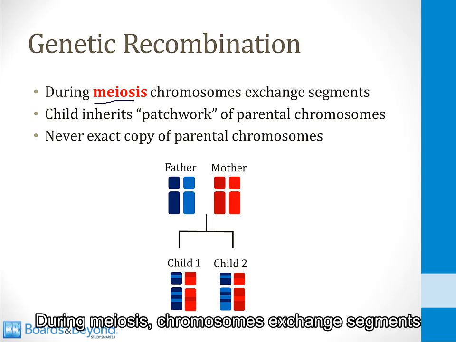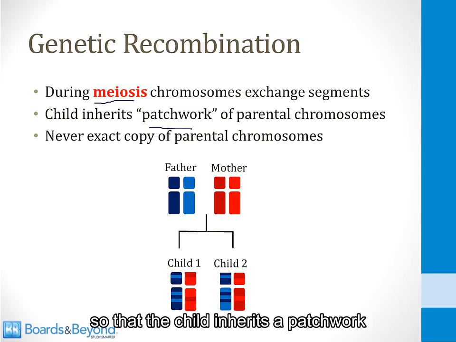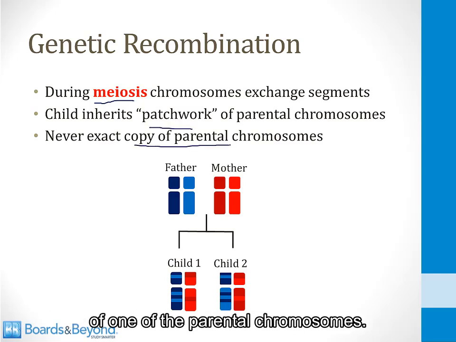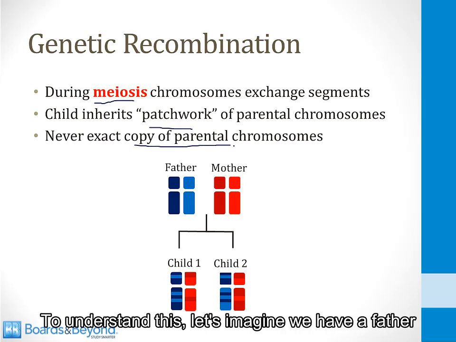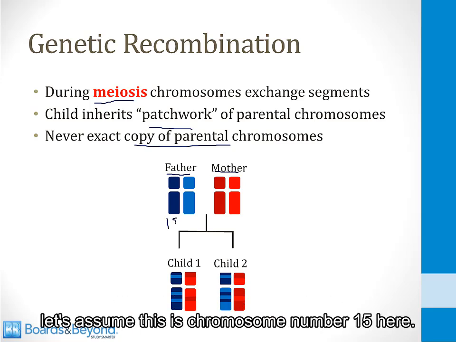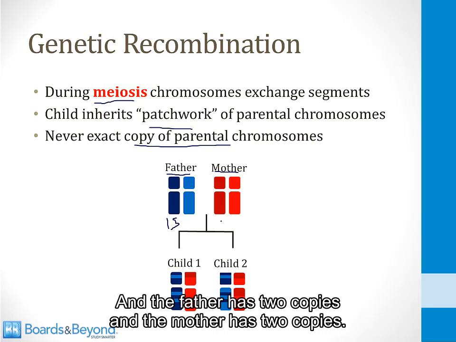During meiosis, chromosomes exchange segments so that the child inherits a patchwork of parental chromosomes and never an exact copy of one of the parental chromosomes. To understand this, let's imagine we have a father and mother with two copies of a chromosome. For example, let's assume this is chromosome number 15 here, and the father has two copies and the mother has